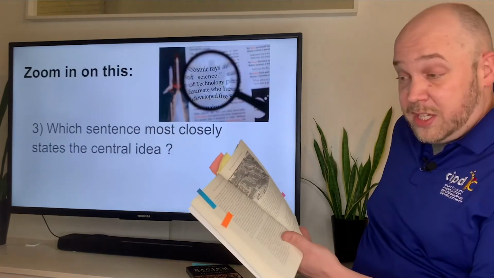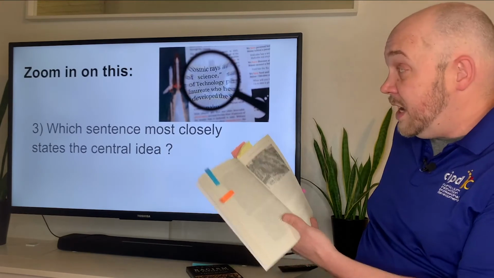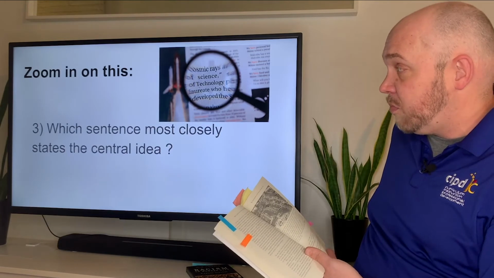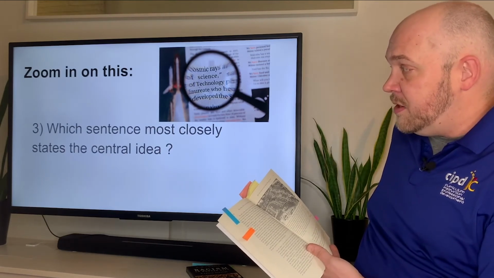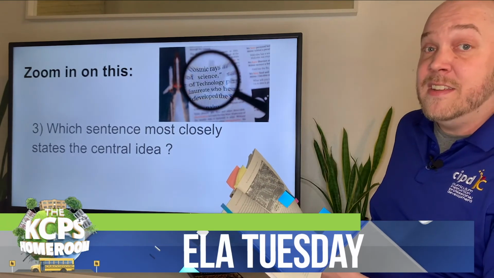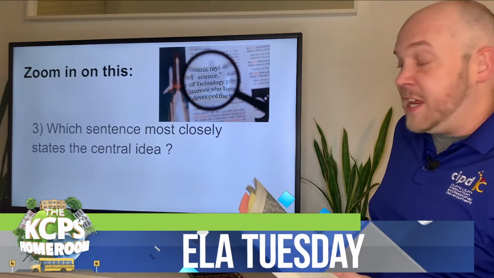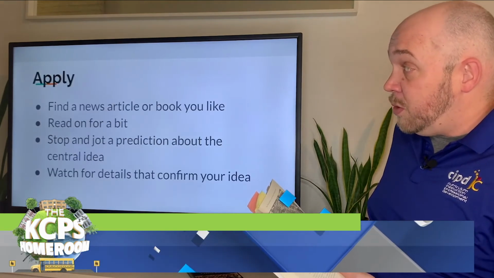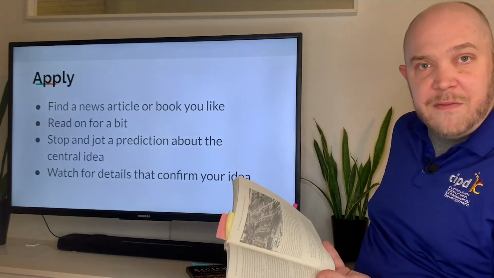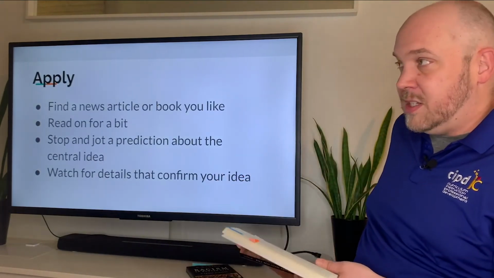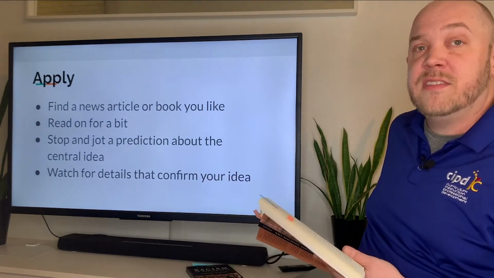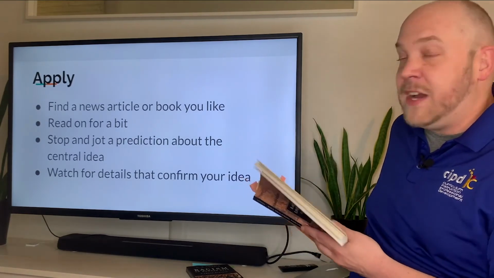Okay, so then we're going to look really closely and see if we can find a sentence in this page that helps us really find the author's central idea. And a lot of times in a nonfiction text, there'll be one of those about every paragraph. We often call that a topic sentence when we're learning our own style of writing as young writers. Okay, so then when we're done with this lesson today, I'm going to have you going out looking for a book that's nonfiction or a news article. You can take a look at it, read it for a little while, and then stop and jot a prediction of what you would say the central idea is,